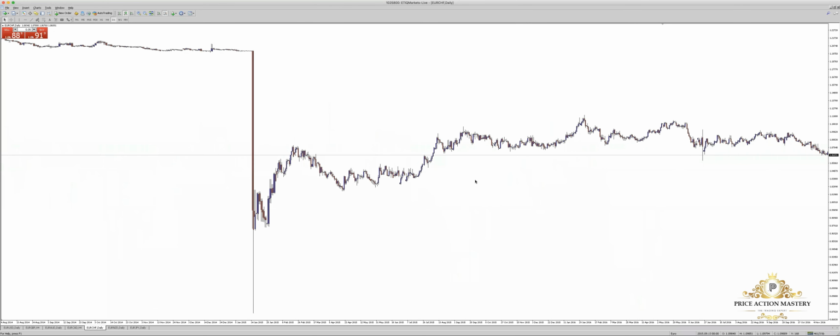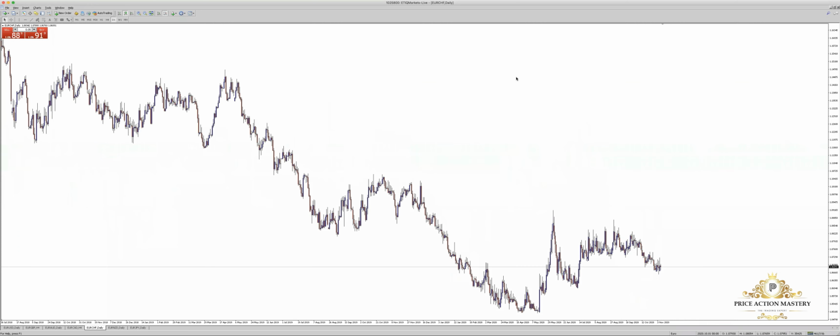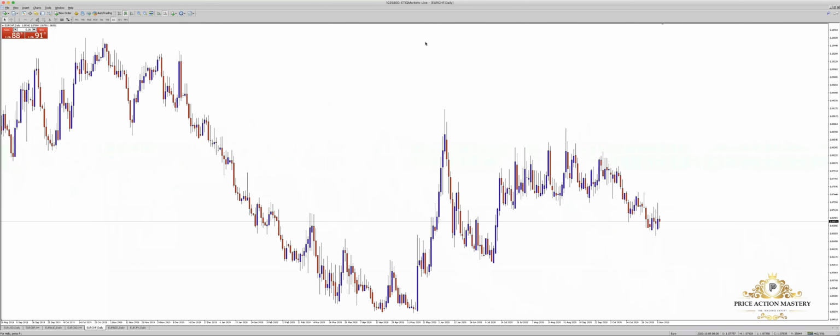Next will be Euro CHF. As we know, CHF, which means Swiss franc, itself is in strength, which means it goes up. So there's a resistance here. So guys, we can see upside exposure. When the market touches this resistance, I will be going for a sell. So this is a trade for Euro CHF.